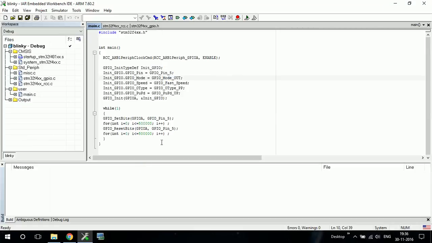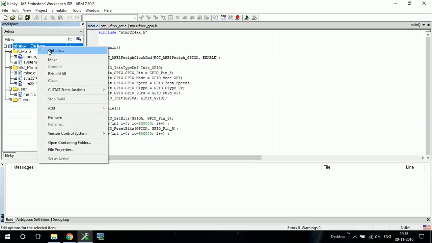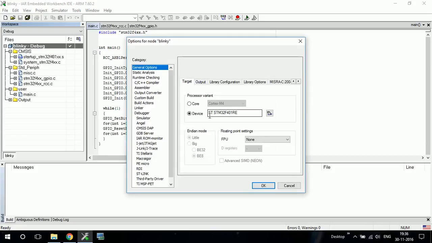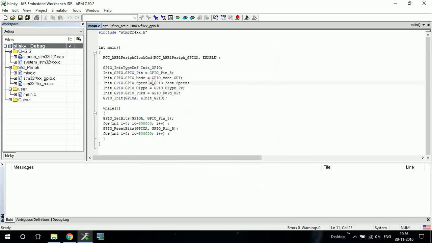Okay, so here is our code. This is the code for blinking the LED for the STM32F401RE board. Let me once again check the board. So yes, this code is for STM32F401RE. Okay, so we are going to modify this code to read the input, and to do so we need